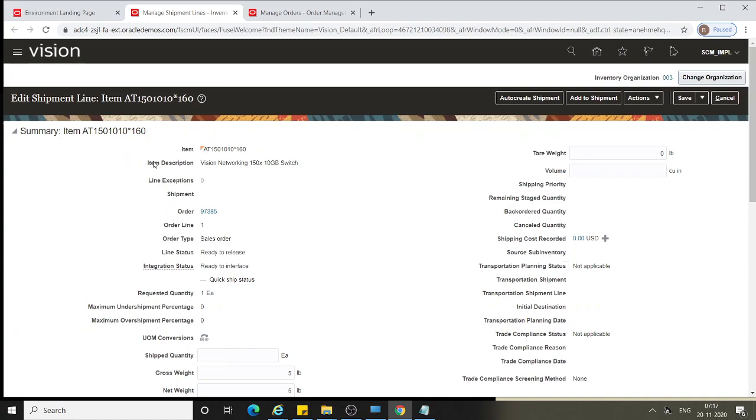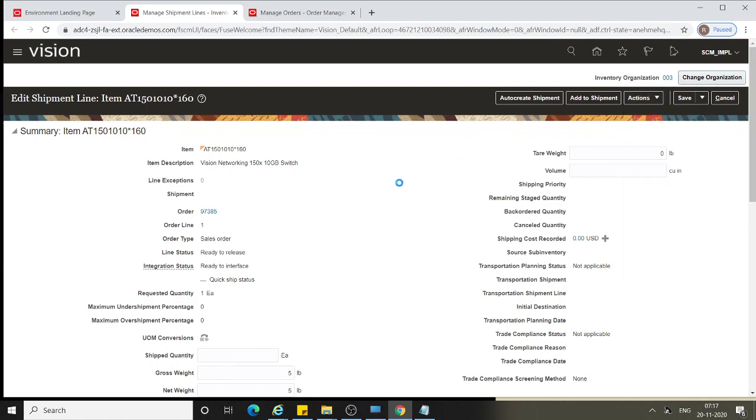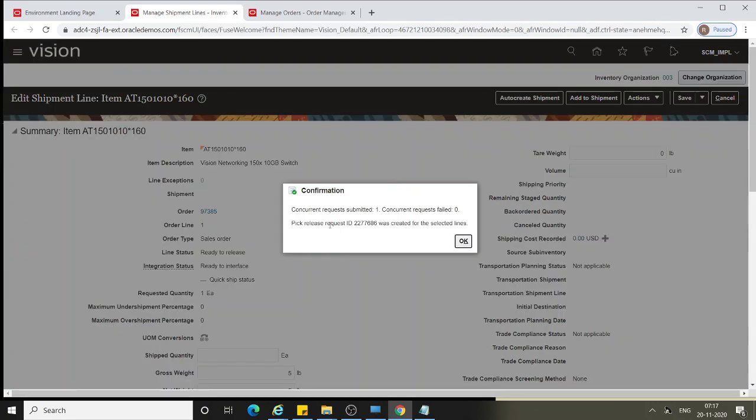Okay, so now the edit shipment line screen is displayed, and from here, under actions, you select pick release. So a pick release request ID was created for the selected lines. You just click on OK.